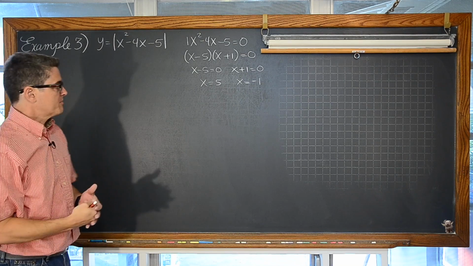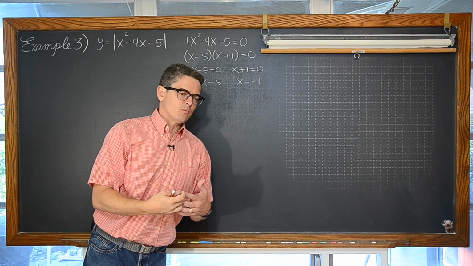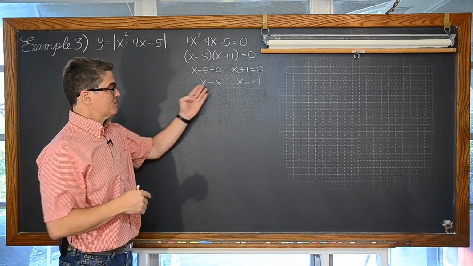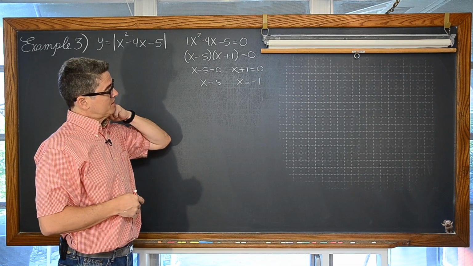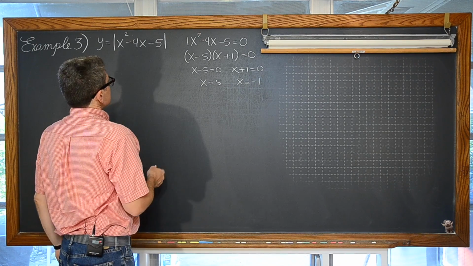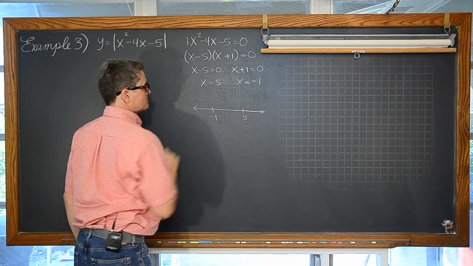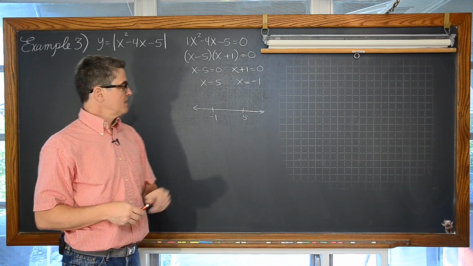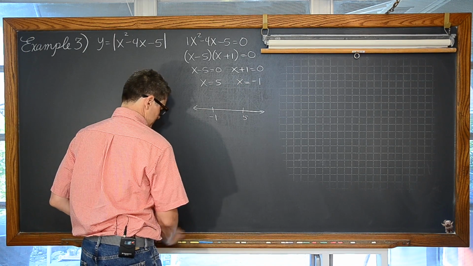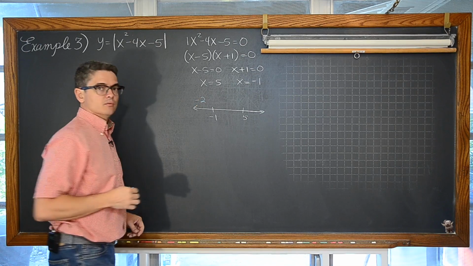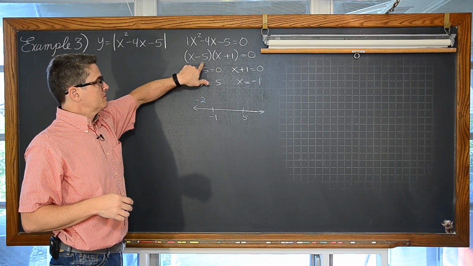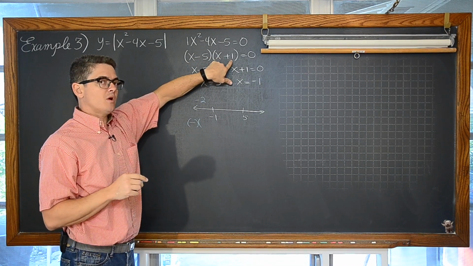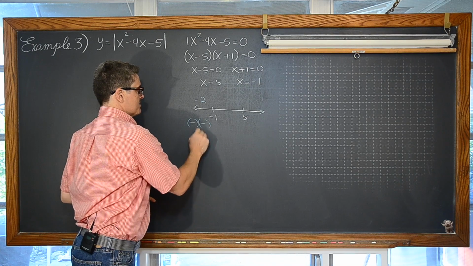Good. So our sharp bends are sort of interesting points, if you would. We actually did not have sharp bends in the last example. It was just a couple of disconnected line segments. But the interesting stuff is happening at negative 1 and positive 5. So looking at the three intervals along the number line, which are created by these two solutions, think about the value of, let's say, negative 2. Negative 2 minus 5 is negative, and then negative 2 plus 1 is negative, and negative times negative is positive.